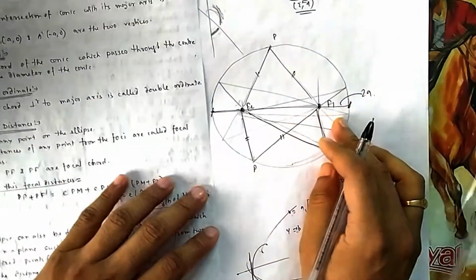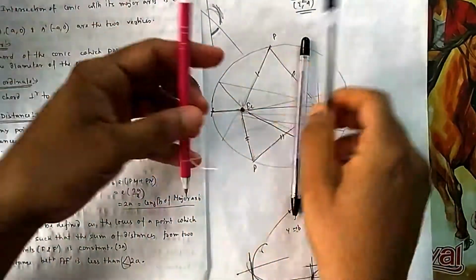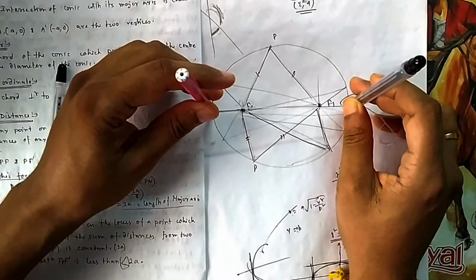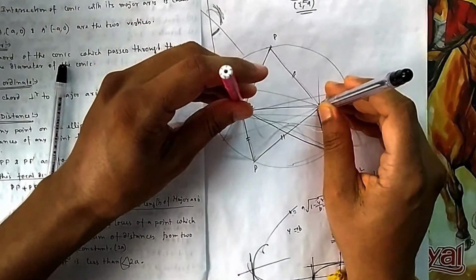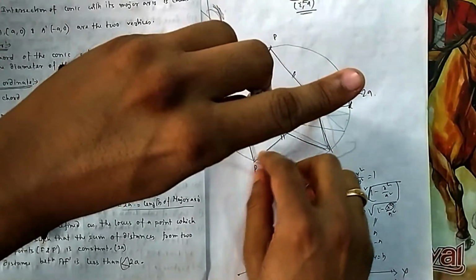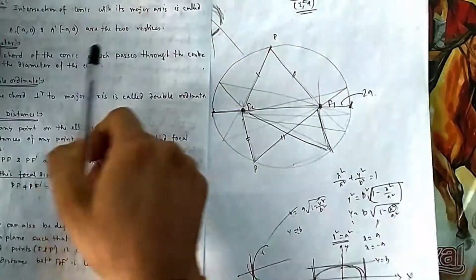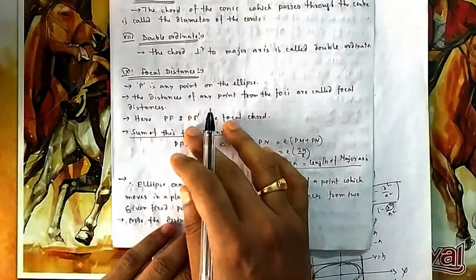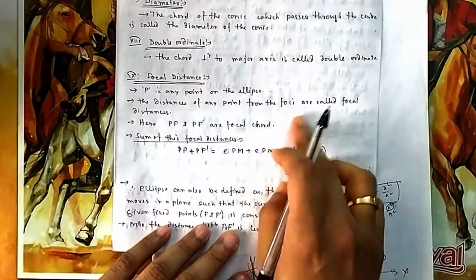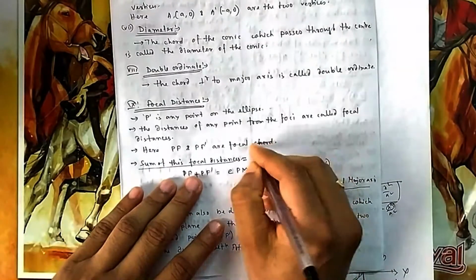So the sum of the focal distances, what was the length of the thread? You recall this one was the length of the thread. That is 2a. And if you take these two points, and this one is P, this is the sum of these two. So that is equal to the length of the thread, and the length of the thread is equal to 2a. So this article will give it to you directly from your experiment, or you can mathematically prove it also. The distance of any point from the foci is known as the focal distance. Here PF and PF dash are the focal distances.